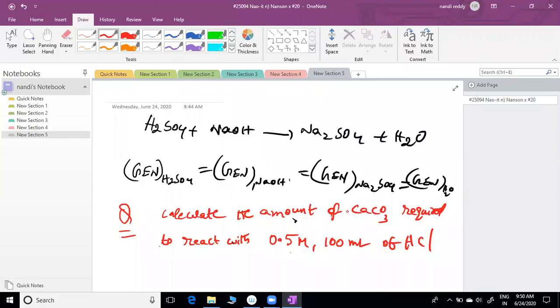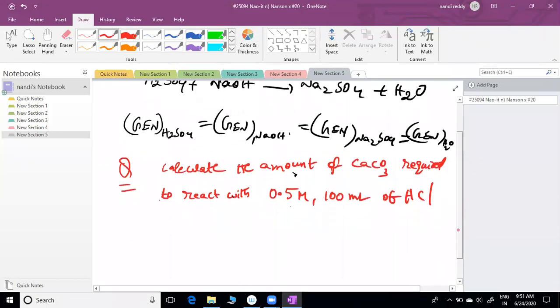If anyone is able to do it, you can try. If you are not able to do it, I will discuss that. Someone gave 5 grams. Yes, you can try, sir. If you are not getting it, I will discuss. Now you can try. You should be able to write the equation. You have to know how to write it.